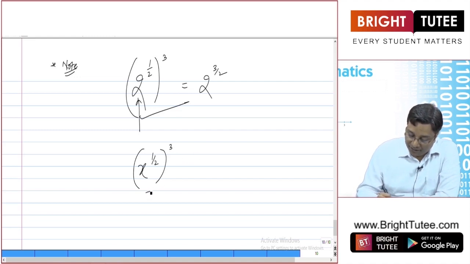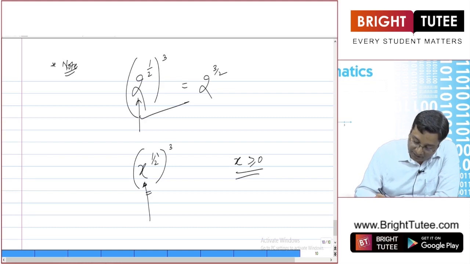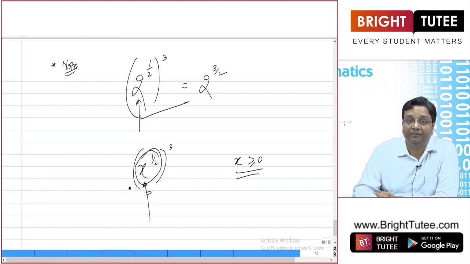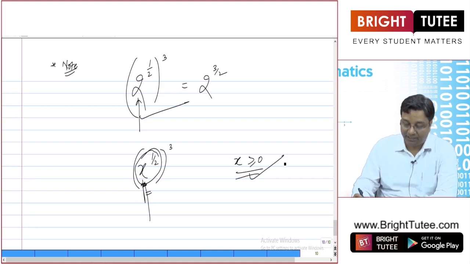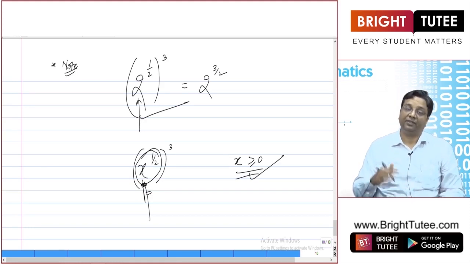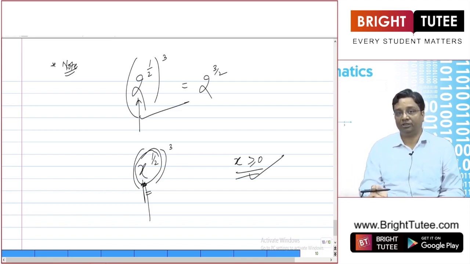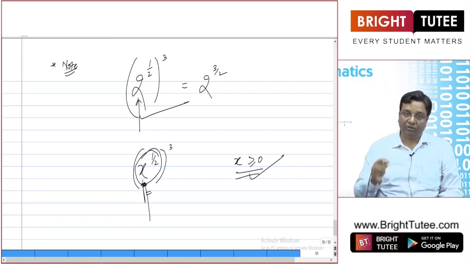now if you simplify it, you have to make sure that x is a non-negative number. x should be non-negative, because if x is negative, then its square root will not be valid in real numbers, right? So x should be non-negative. This is the importance of saying that x is non-negative. When I say non-negative, I say that it can be 0, otherwise it should be positive. Okay, 0 is valid here,